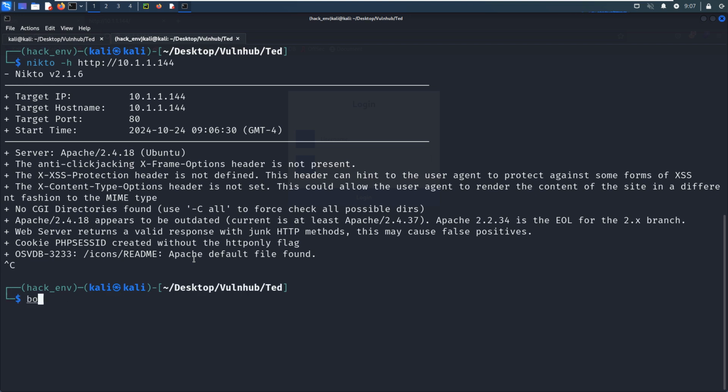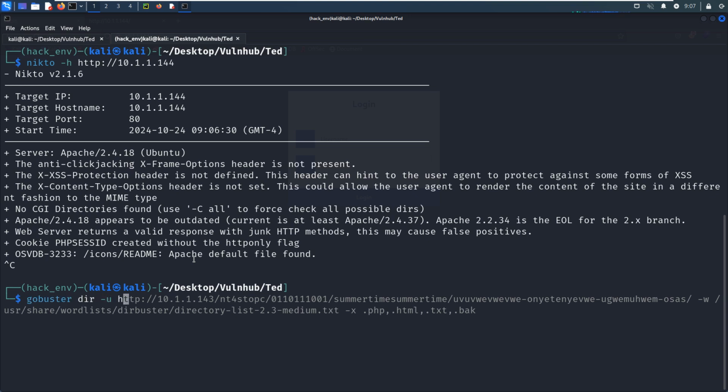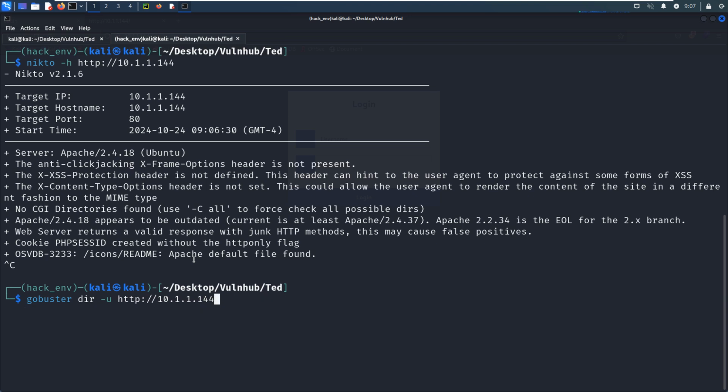So next we can launch GoBuster directory enumeration. The IP address of the target. And we can use the -w to specify the word list. For GoBuster, if you want to enumerate directory, you must explicitly specify the word list, not like dirb, okay? Directory, GoBuster dir mode, and extension option.